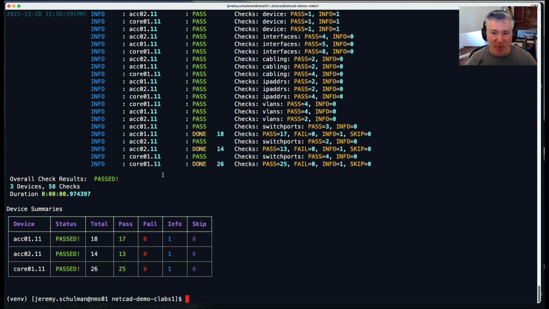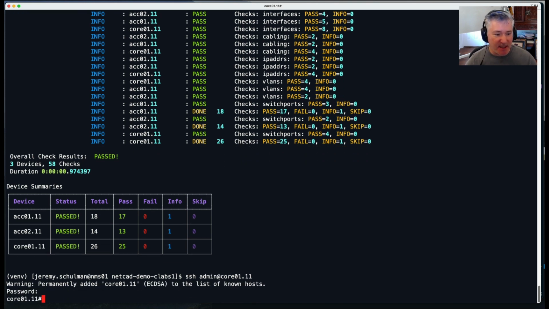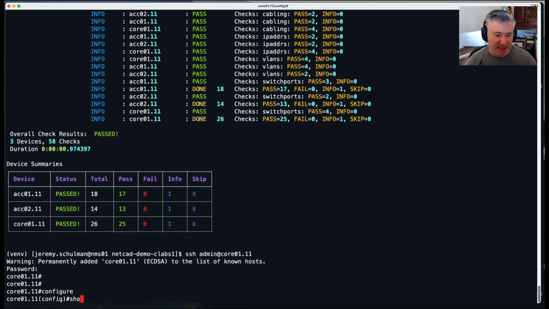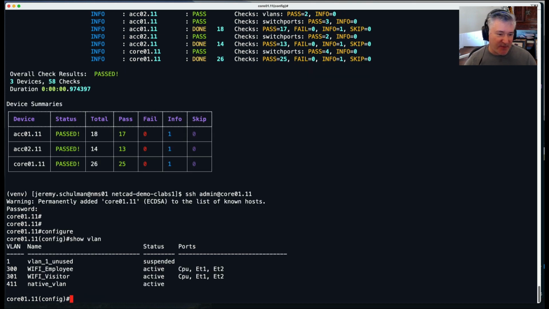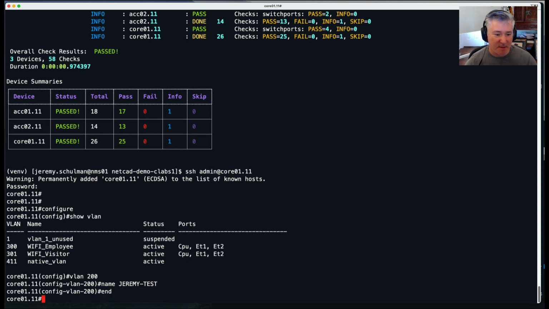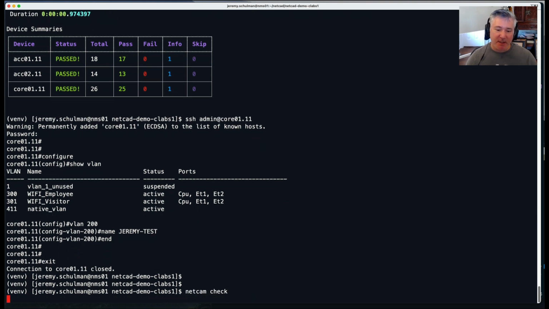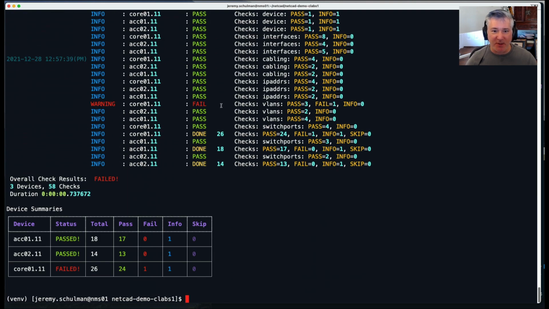For example, if I wanted to log into a device, let's say I'm going to log in as admin on Core 01. And let's just say I configured a new VLAN. So these are the VLANs that are there. Let's say I'm going to make a VLAN, VLAN 200, and then I'm going to say the name is Jeremy Test. Okay. So now if I run these checks again, what we're going to find is there's a failure on